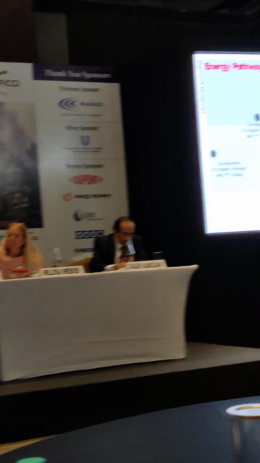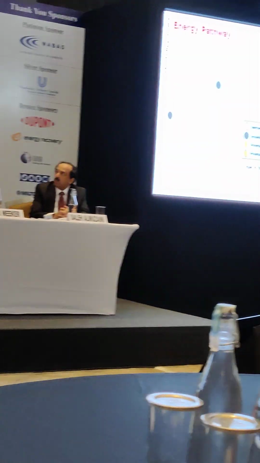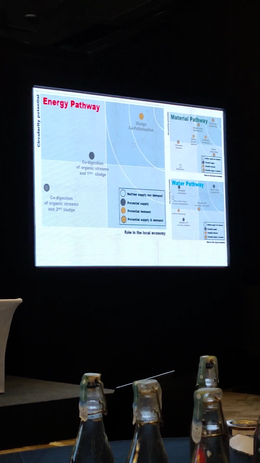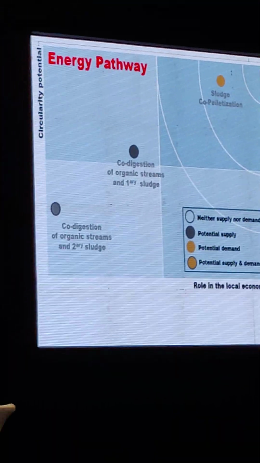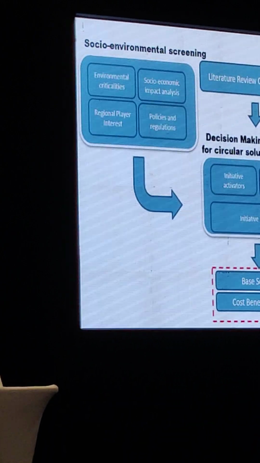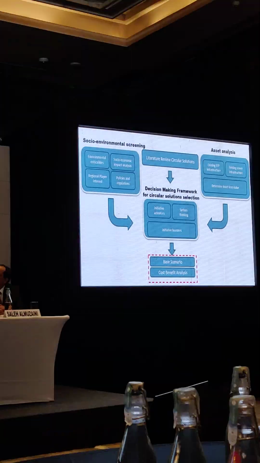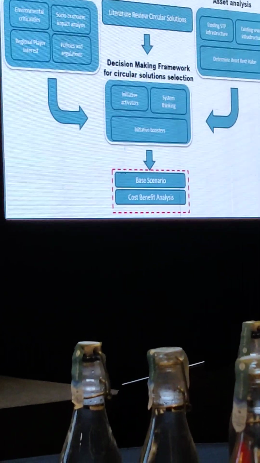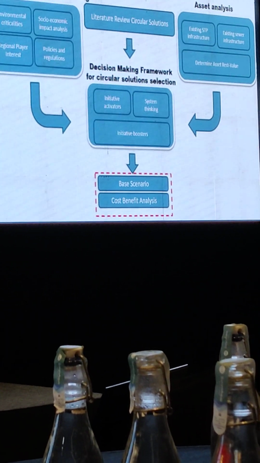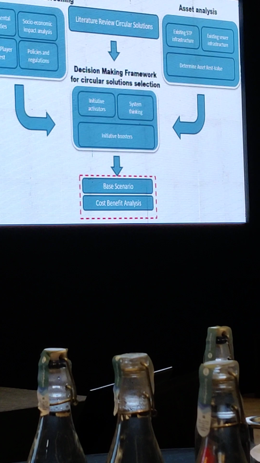When we put that all together, I come up with some figures that guide me in getting an idea of what could be best and what could not be used. For the energy pathway, that was visible from the beginning: sludge co-pelletization can activate a huge economy. And of course, at last, the co-digestion of secondary sludge. So at the end, we have been rating standalone scenarios with this sort of semi-quantitative assessment, and then we go for a cost-benefit analysis, and this will be done by my colleagues in the next deliverable of the project.